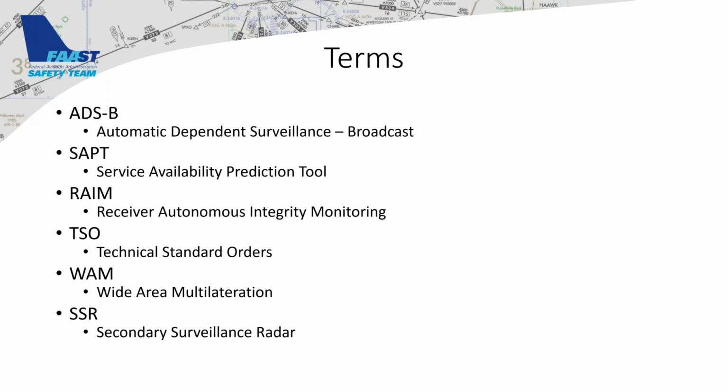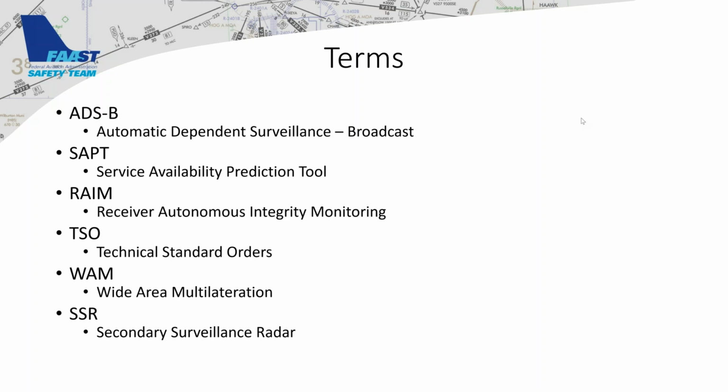There is RAIM, which hopefully most of y'all have heard about, but that's something to do with GPS. It refers to receiver autonomous integrity monitoring, and it's a way for our GPSs to monitor whether or not they have good enough signal to navigate off of, to put it really simply. And then our technical standard orders, we're going to be talking about different technical standard orders in regards to ATSB equipment as well as GPS equipment.